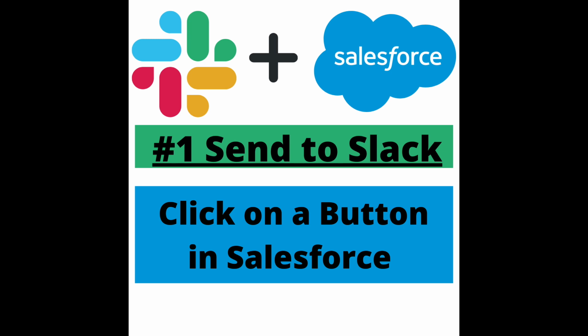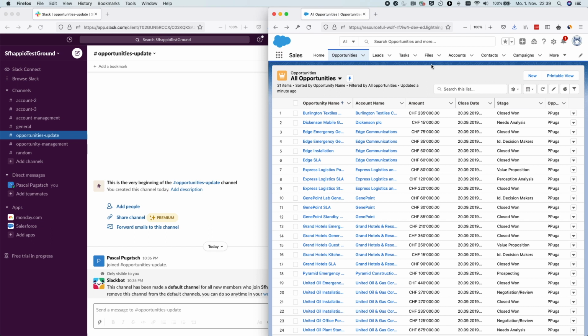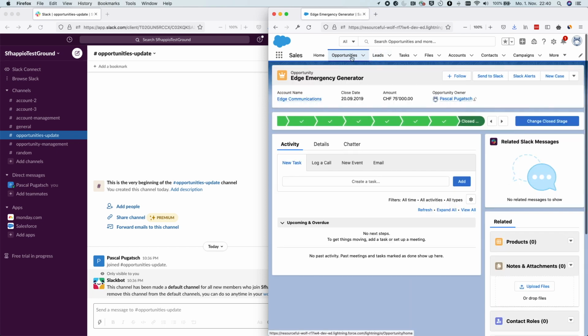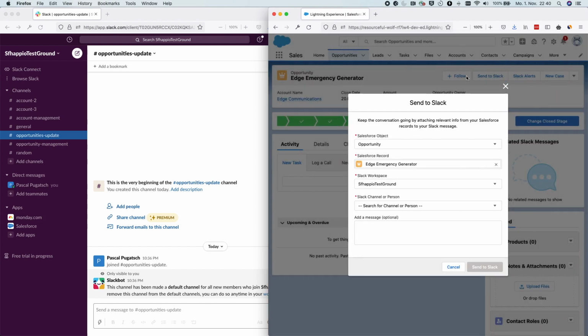Let's start with the first way. This is a purely manual push from Salesforce to Slack. We can open up any opportunity here, and you see here I can click this button, send to Slack, and immediately there is a pop-up called send to Slack with the object opportunity with a specific record. That's the record where I'm on, and here I can look for the channel that I would like to push